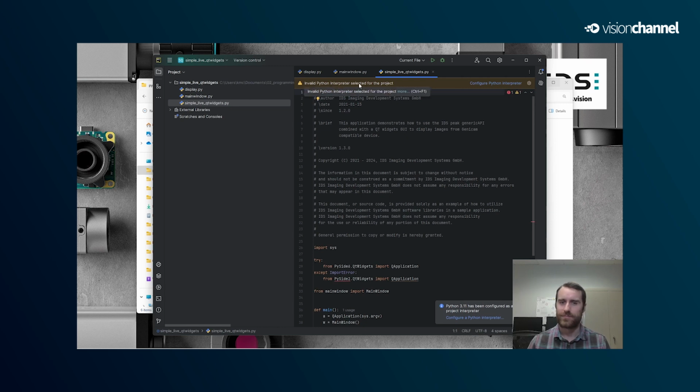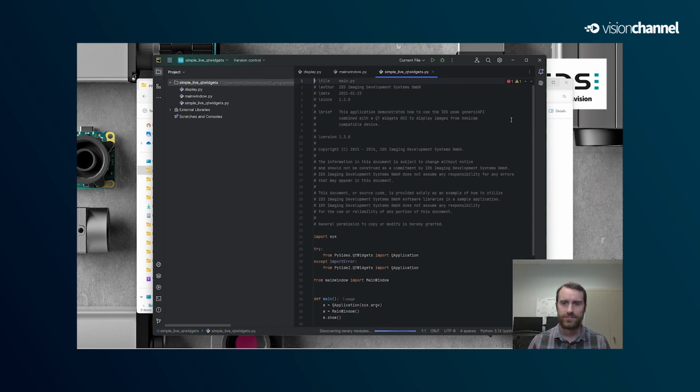And you can see already we have an issue that you might run into as well. An invalid Python interpreter was selected. Now, thankfully, since we started that dummy project and saved it, we have an interpreter already set up for Python 3.12. So let's use that one. Simply selecting that should have that error go away.